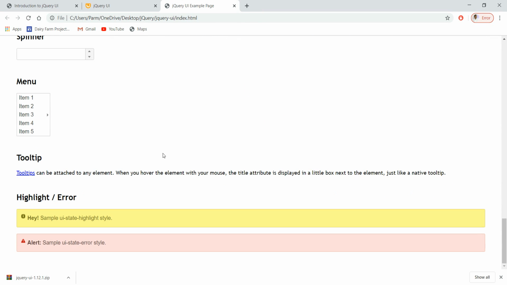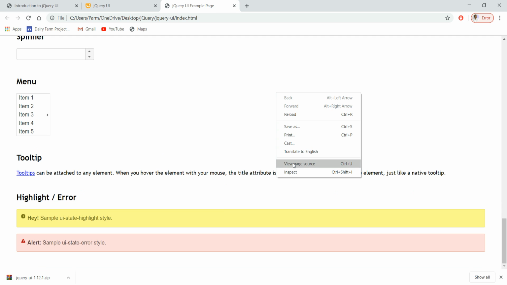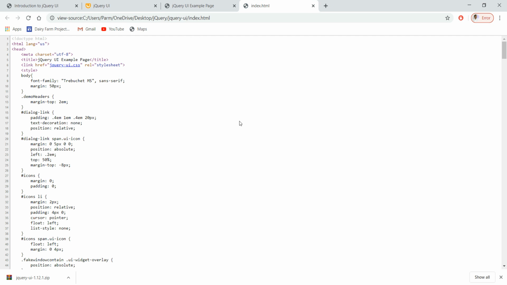To see how they have designed this, just right click and go to view source. You can find it over here. Here they have included one file that is necessary for using the jQuery library and jQuery UI interface.